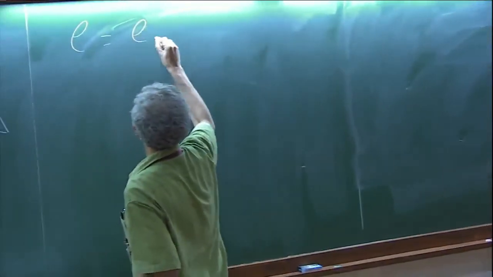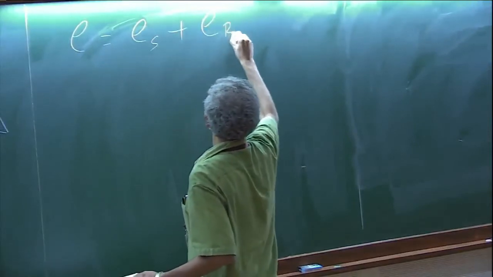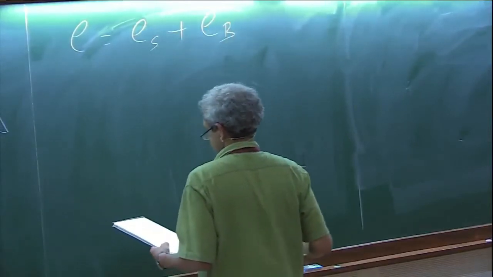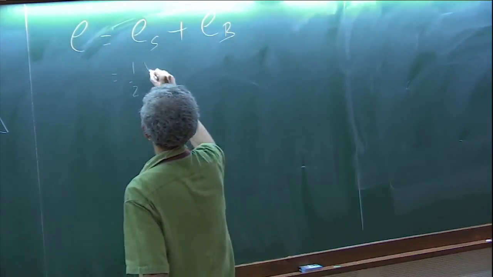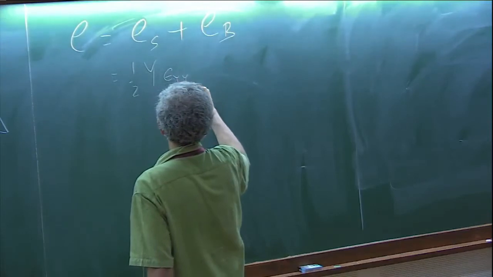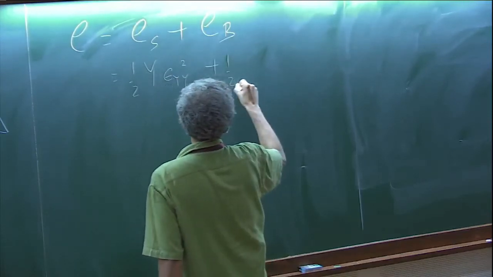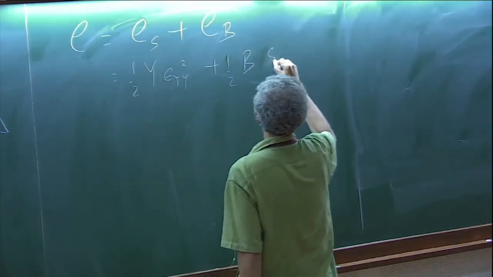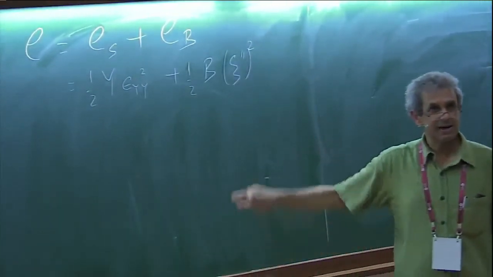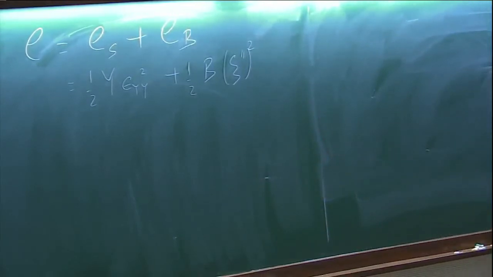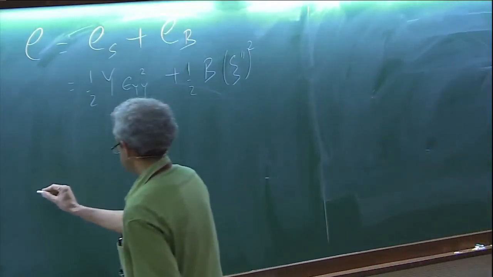So now I'm going to leave it both options. I'm going to leave it the possibility of doing stretch plus bend, and please minimize yourself whatever you need to make this work. Okay, so this is half Y epsilon_yy squared plus half B psi double prime squared. Okay, I'm going to now ask you to do this. And so let's try to get this right. So let's take this shape